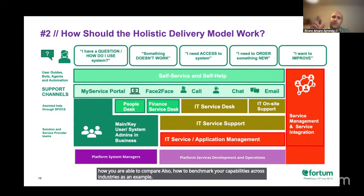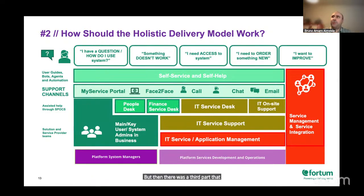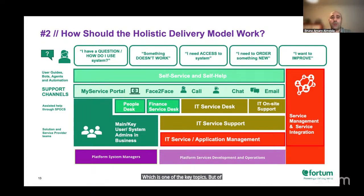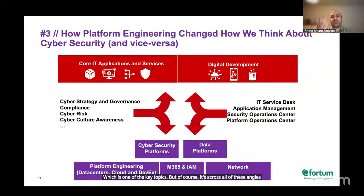But then there was a third part that comes a little bit more from the cyber side, because one of the key things is that when you look at this, cybersecurity is a little bit of a mysterious box, because where is it? That's one of the key topics. But of course, it's across all of these angles. One of the things we've been reflecting on quite a lot is how platform engineering changed how we are thinking about cybersecurity, but also vice versa, how cybersecurity has been evolving, and that is changing how we have been